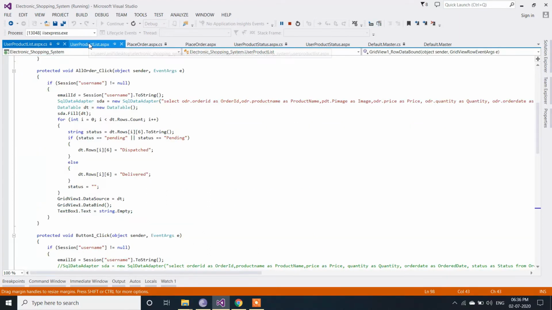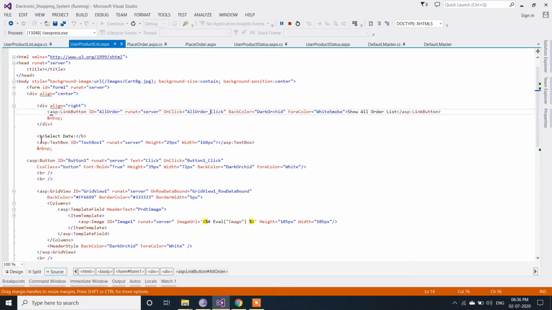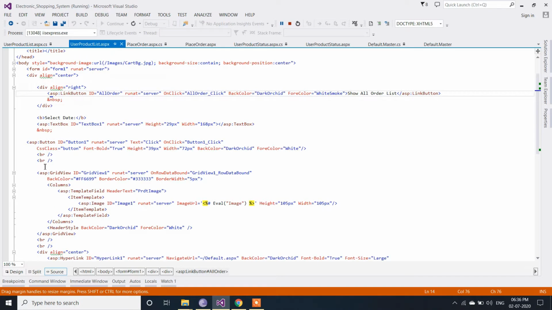First let's focus on the .aspx page, that is the design page. After that I have taken one bold tag with the text selected. After that, one text box with height 29 pixels and width 168 pixels, and one button control with the text click.